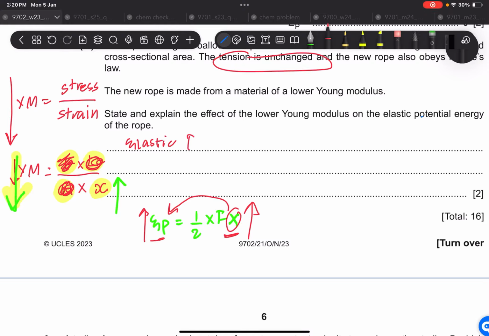to you that elastic potential energy increases. Okay? We used formulas to understand it. I didn't use any logic that I had before. It was just formulas. Elastic potential energy increases because the extension